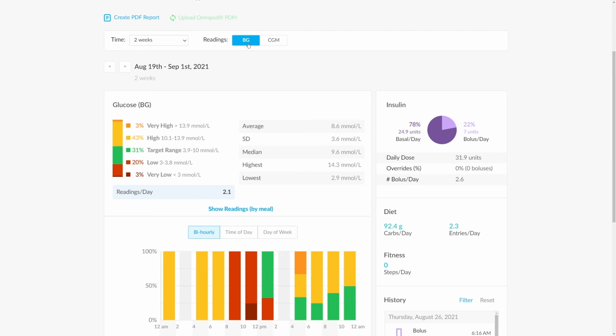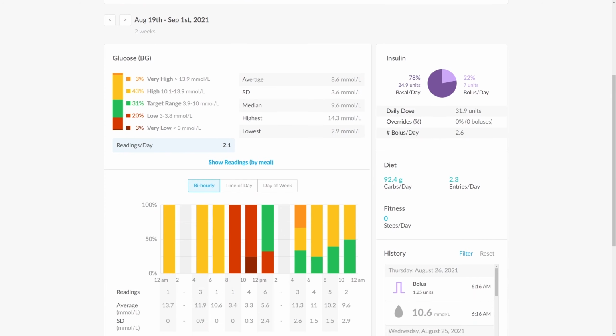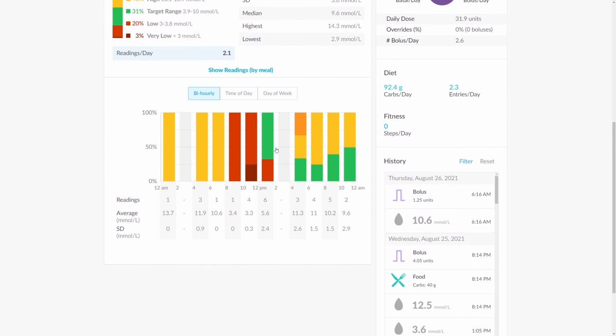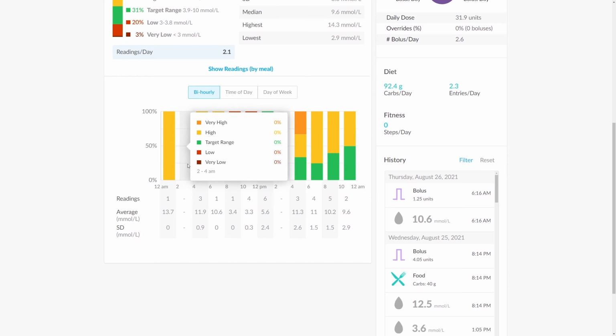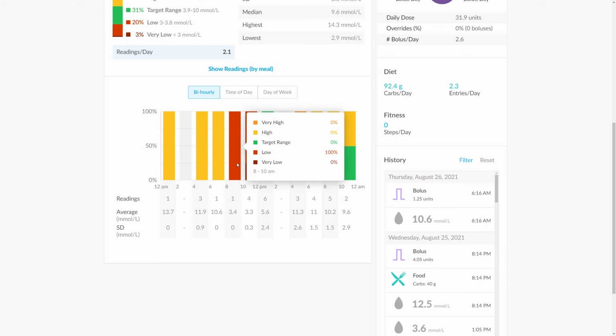You'll see, looking at 2 weeks of blood glucose data, we have the results sorted in brackets from very low to very high, and we have the values defined here on the right-hand side, as well as some of the statistical information, such as the lowest result if we wanted to have a look at the hypos within this period of time. As we scroll down, we have each of these within kind of bi-hourly blocks throughout the day,